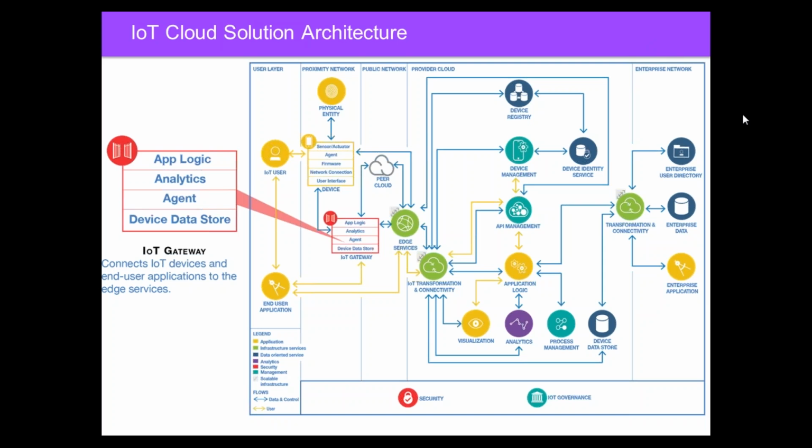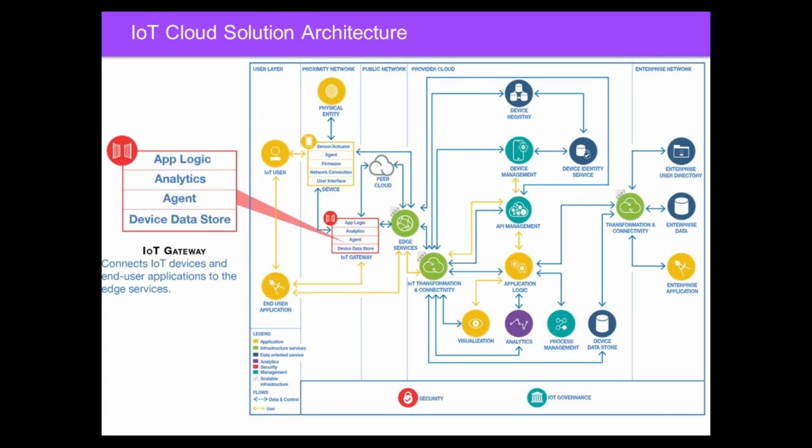We may perform some basic analytics at the edge, so we can do some filtering, some summarization. I might actually take some actions based on some data I get at the edge, and that would be some of the application logic. And the reason why this is important when you're looking at an IoT solution is as we start to move forward and we gather lots and lots more data about different devices, especially when you look at things like audio or video analytics, that's a huge amount of data.